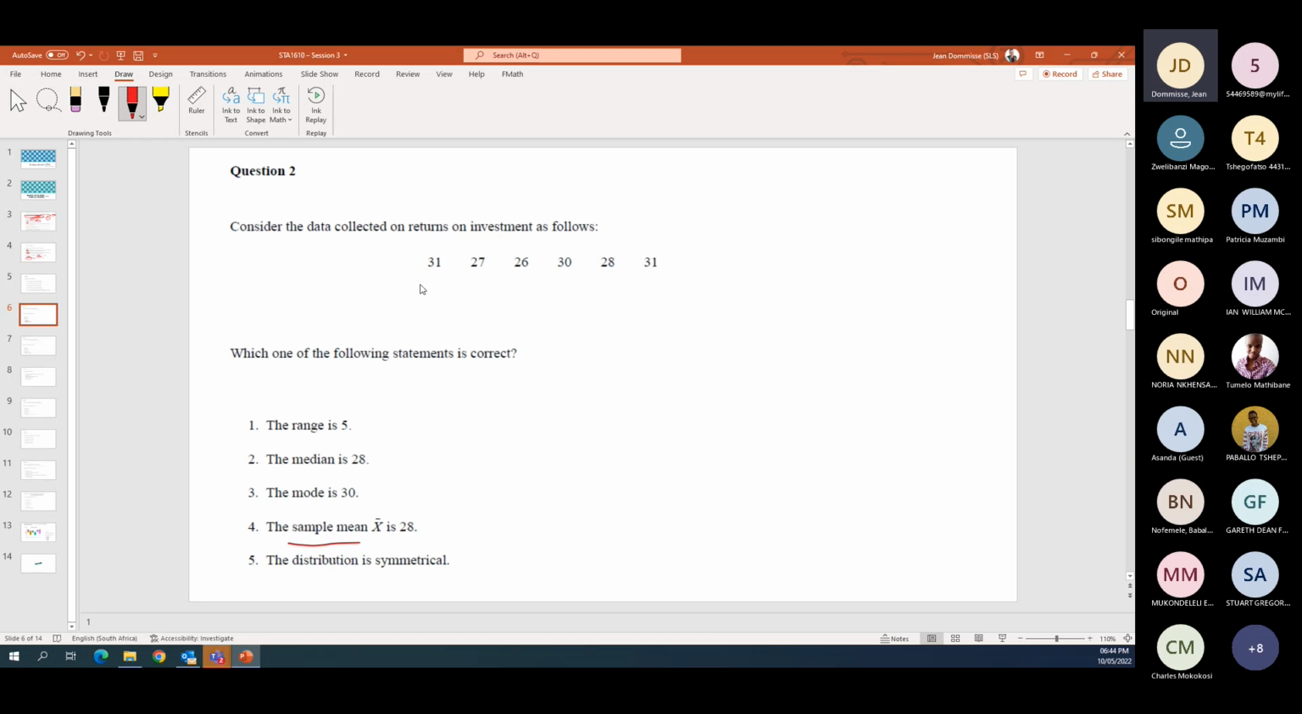So the smallest is actually 26, then it's still 27, 28, then it's a 30, a 31, and a 51. Okay, so